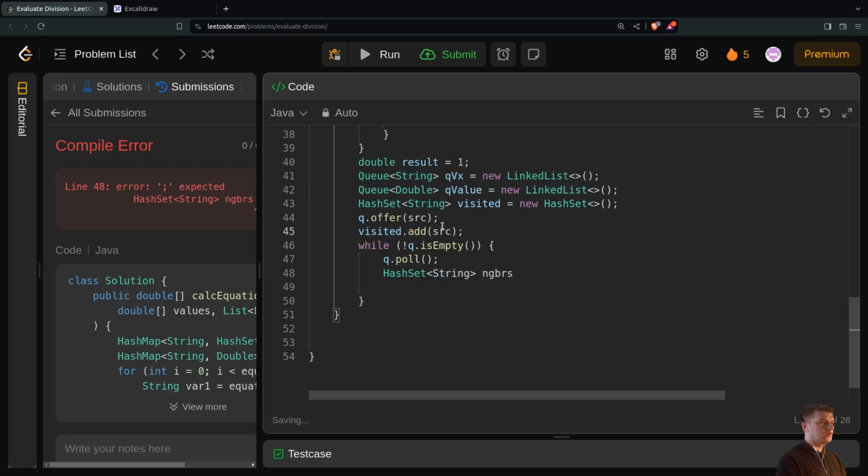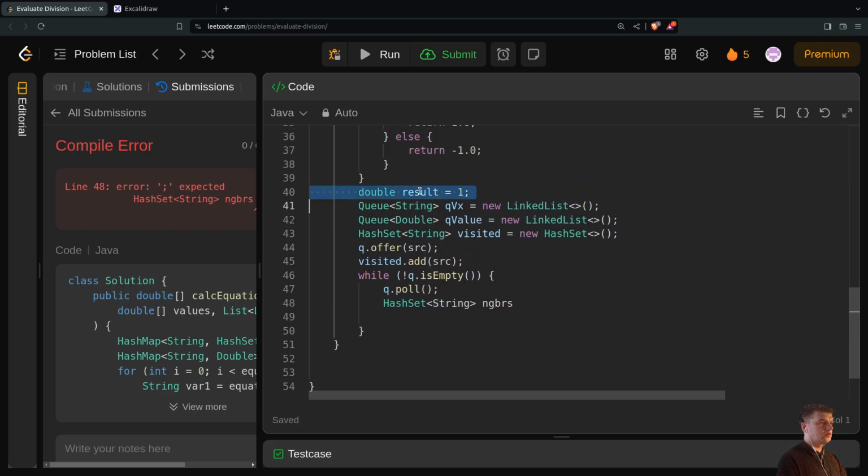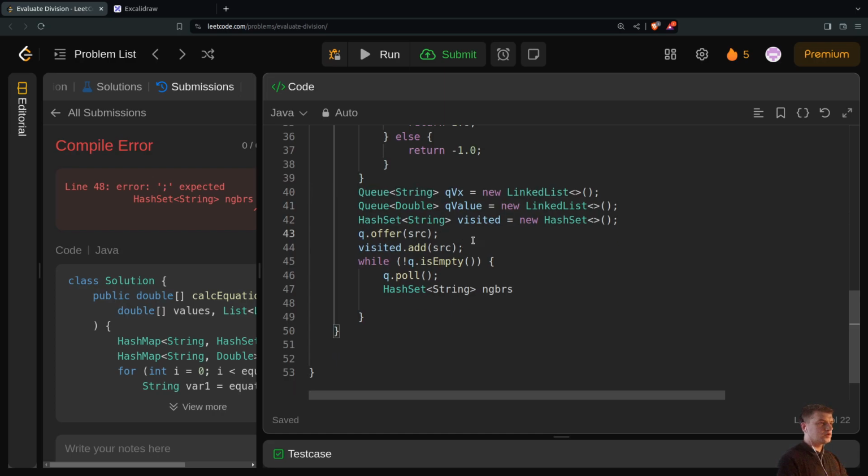Then I'm gonna offer to the queue vertices this one, and queue value dot offer 1.0, and then queue dot poll string vertices equals queue vertices queue dot poll string